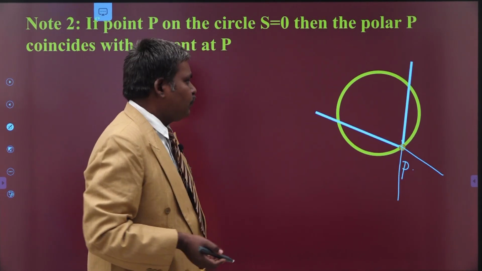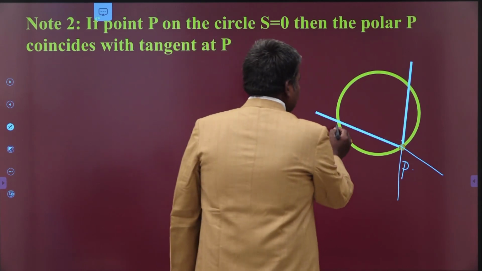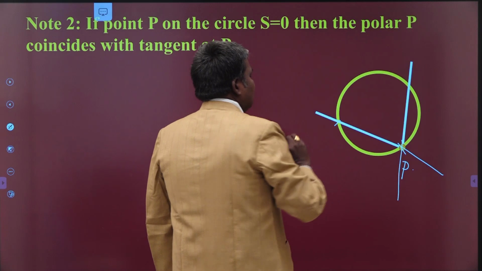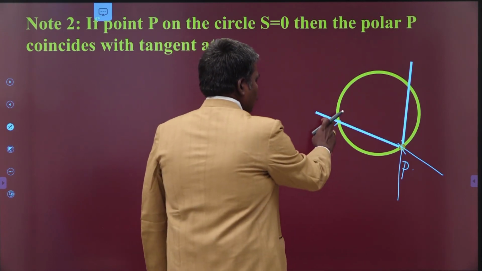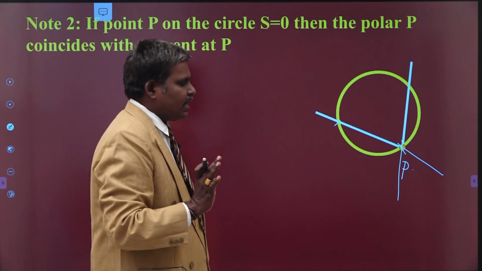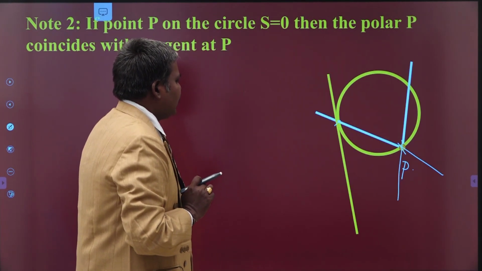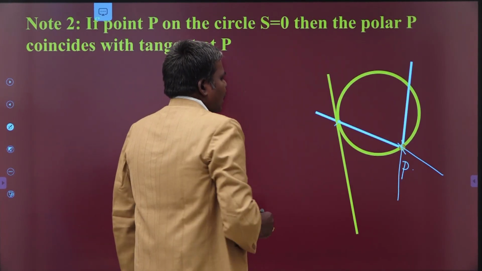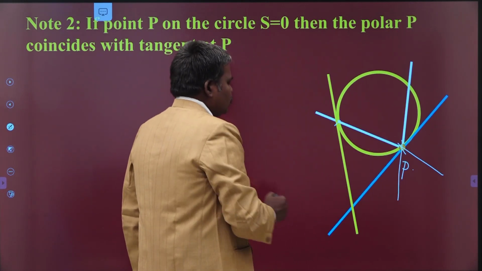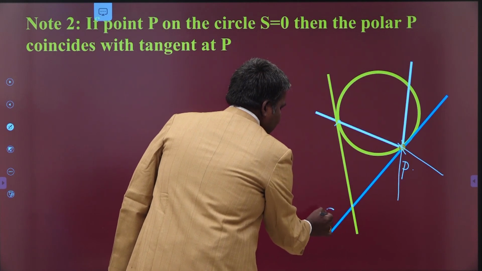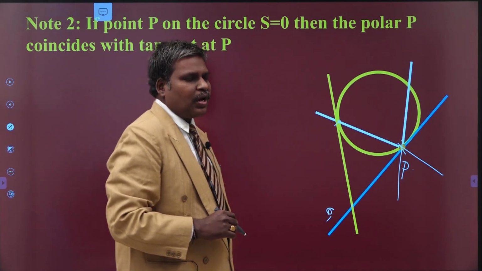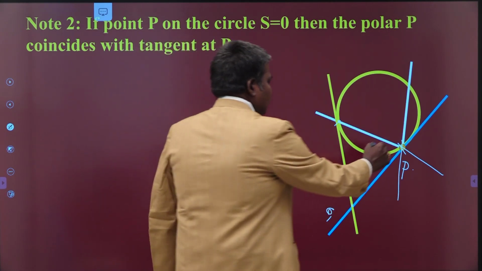Next, what you have to do? You have to draw the tangents at the extremities of the chords of secants with the circle. So this is one pair and this is another pair. This is the common point for every secant line through that point. This is the tangent drawn at this extremity and this is the tangent drawn at this other extremity. So this is one of the points of intersection, say Q1. So the locus of Q1 is what now? Polar of P.